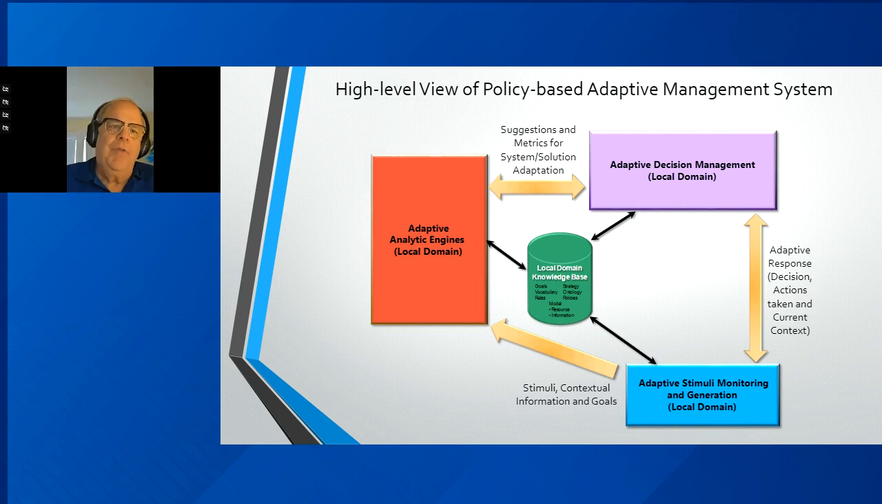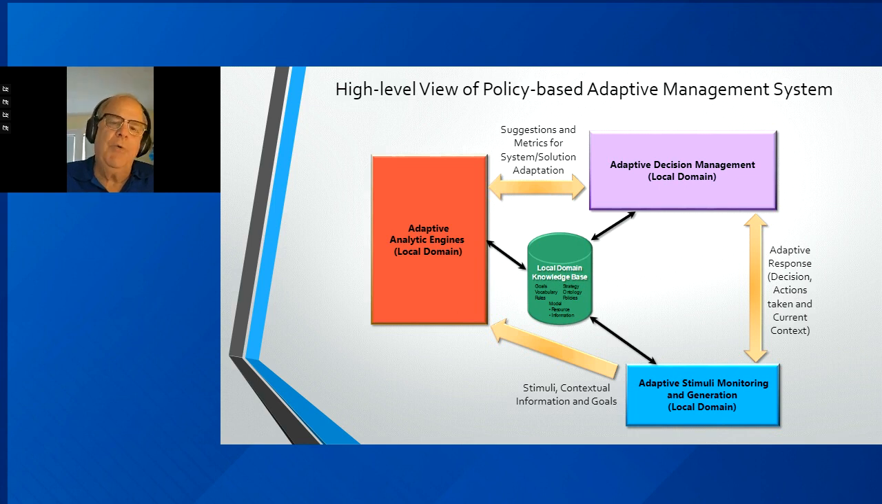Again, all of those are logged in the local domain knowledge base, so that when we make that decision, we know why we know the decision, why it was made, and the costs associated with the decision. Also, obviously, we're feeding that back to the adaptive analytic engine, so the analytics now know, "Oh, wait a minute, they chose decision A over decision B, C, and D,"